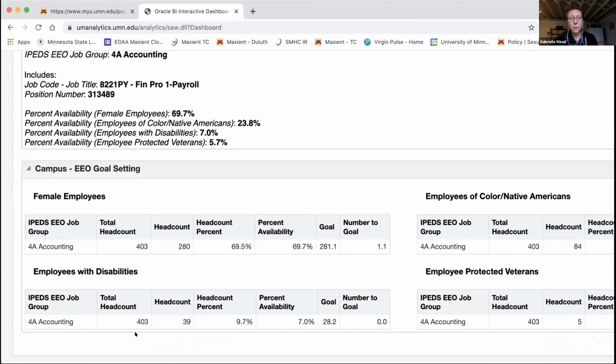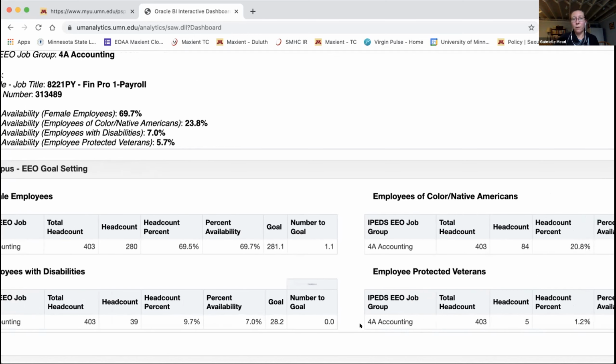Down here, we have employees with disabilities. Again, there are 403 people in the position. 39 have identified as having a disability. That's 9.7%. Our percent availability is 7%. If we were to just make our percent availability, our goal would be 28.2, because 28.2 is 7% of 403. Well, we have more than that. So our number to goal is 0, right? Because we have more than our goal. From an affirmative action standpoint, we don't have to focus on hiring individuals with disabilities